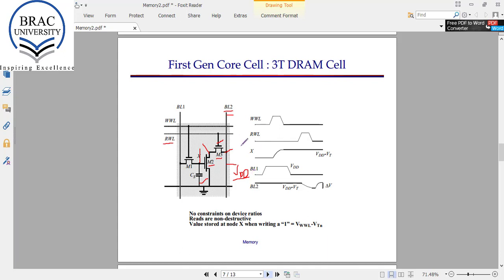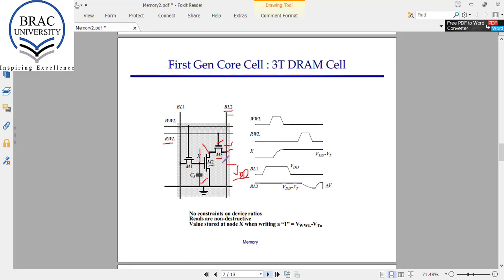1. Now if we had 0 at X, then M2 will not be on and M3 also will not be on. In this case, the voltage at this bit line remains VDD, and again the sense amplifier will determine, in this case, the stored value is 0. Now we can see when we read the data from this cell, only the right part is active and the left part is inactive. So you can say M2 and M3 transistors are used only to read data from this